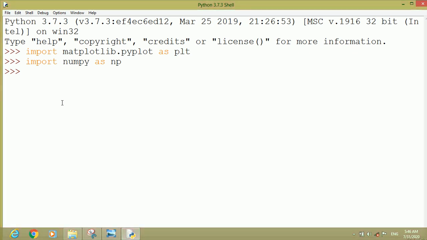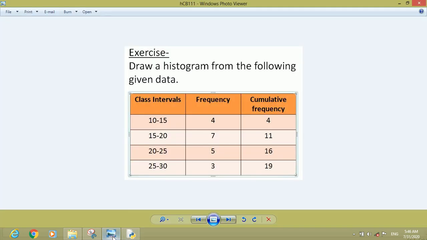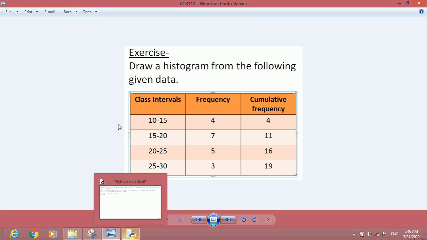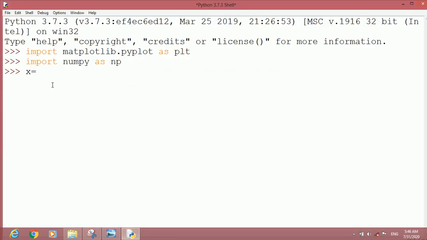Now let us have the data. Suppose x equal to, what data is it telling? We have 4 data items between 10 to 15. So let us write the data items between 10 to 15 in the form of a list. Suppose we have 11, 12, 13, 10. Okay, 4 data items over.